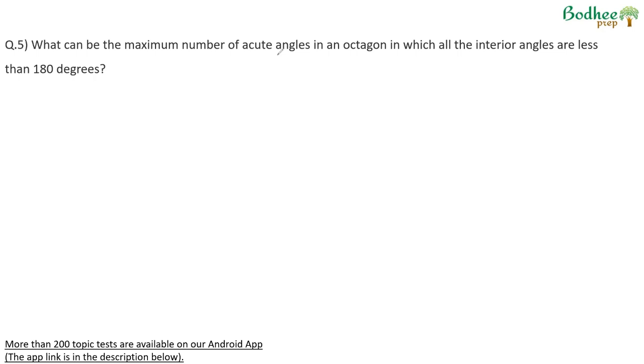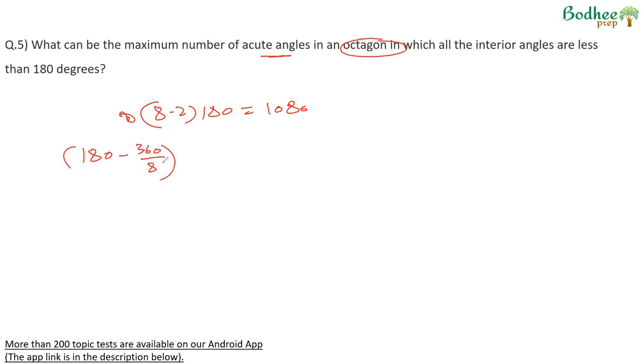What can be the maximum number of acute angles in an octagon in which all the interior angles are less than 180? Octagon. The sum of angles in an octagon will be 8 minus 2 into 180, which is 1080. Or we can write it as each angle of an octagon is 180 minus 360 by 8. There are 8 angles, so the sum of angles will be 8 into this, which will give us